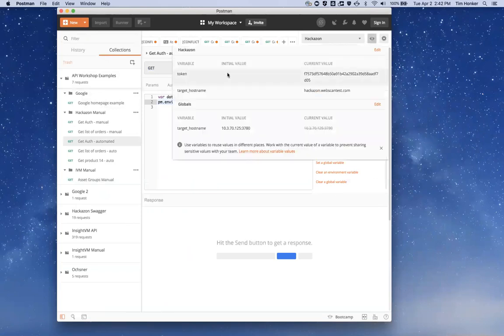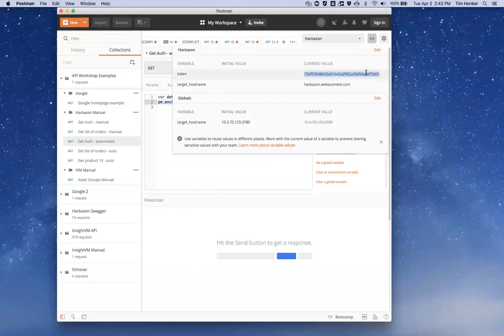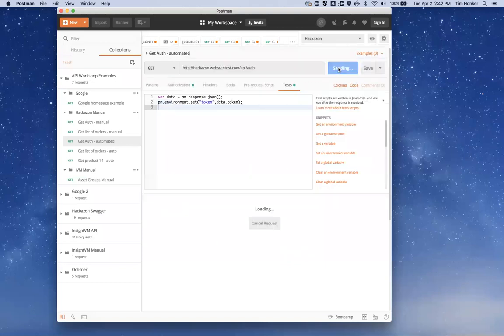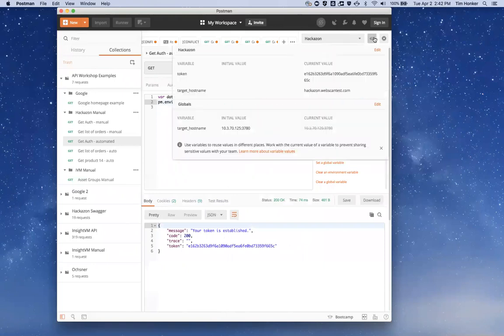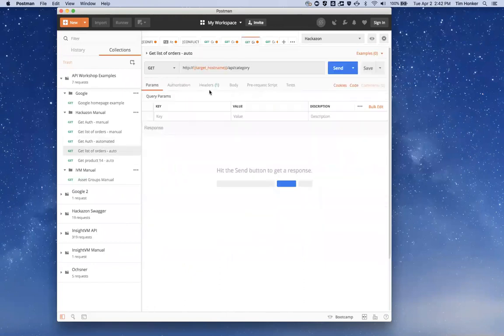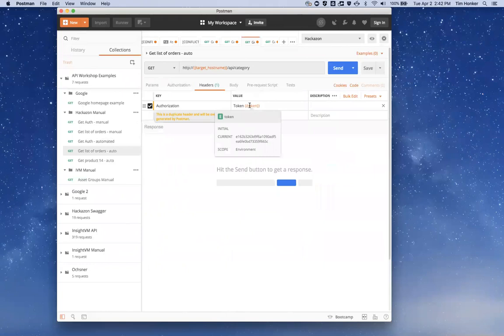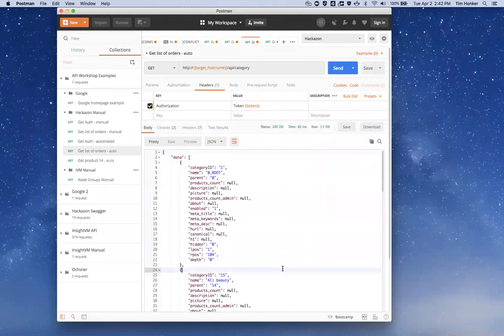So I can go up here and I can see from a previous test that, you know, I'm going to delete this, that my token is blank. And so I'm going to click send. It fires off that token, and then this code executes, and then stores that token as an environment variable inside Postman. Now I can call that on subsequent ones, so I don't have to do the copying and pasting, and instead I'm calling the environment variable from here, and now I can click send,